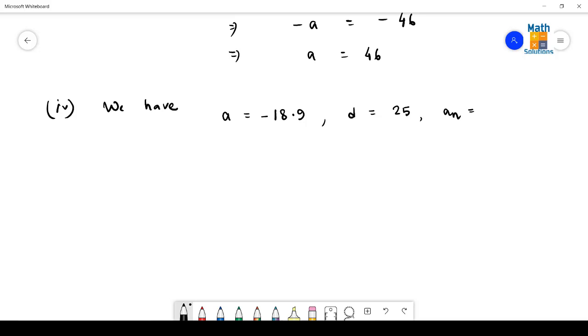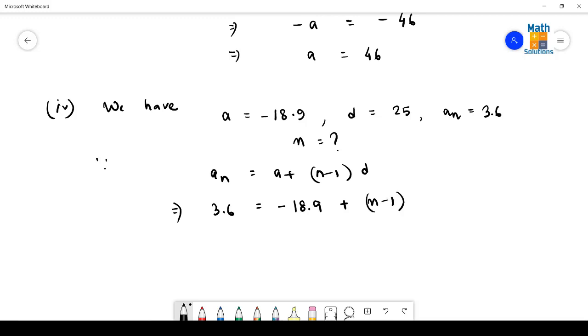An is equal to 3.6. To find out N, always remember one thing, N should always be a whole number. Since An is equal to A plus N minus 1 D, in the respective places let's put the values. 3.6 is equal to, in place of A it is -18.9 plus N minus 1, in place of D we